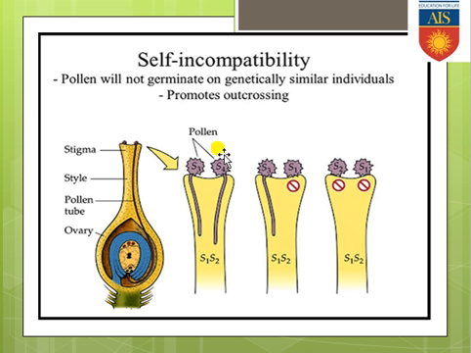Both pollen grain and stigma are containing genetic makeup, and that genetic makeup is different from each other, and for that reason maybe that pollen grain is belonging to the same flower, but after that also that pollen grain is incompatible for that stigma. So for that reason it will not be accepted, and if it is not accepted by the stigma surface, at that time stigma will not release any kind of sticky secretion, and obviously pollen grain will not be getting nourished, not be getting hydrated.